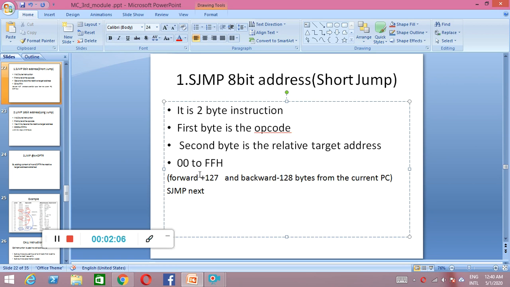When it is executing the next instruction, it is called forward, and when it is in the reverse order, it is called backward. So it can go plus 127 bytes forward and minus 128 bytes backward. We are going to see in the example how it will be done. So this is about the SJMP.